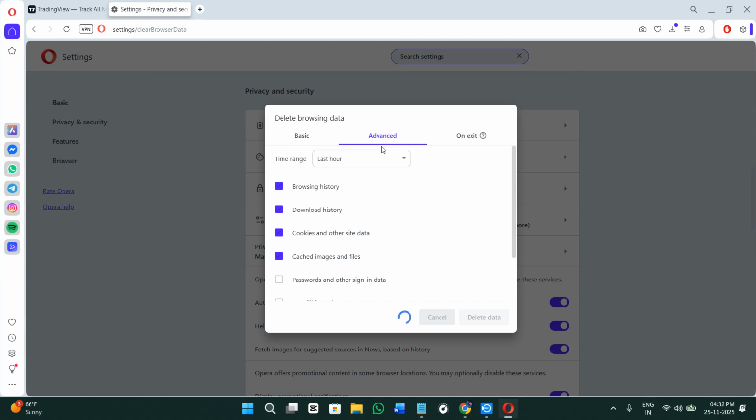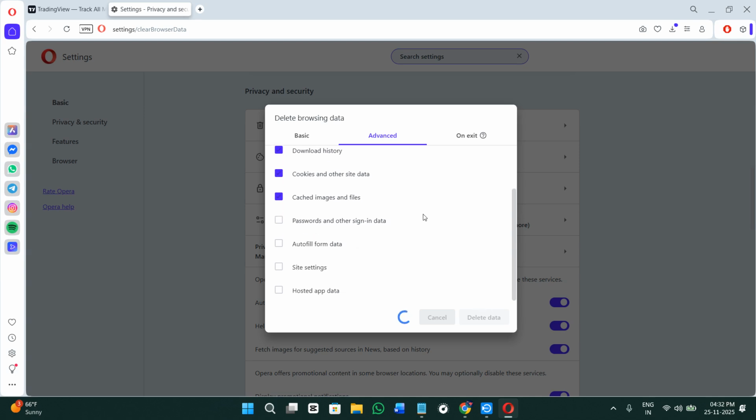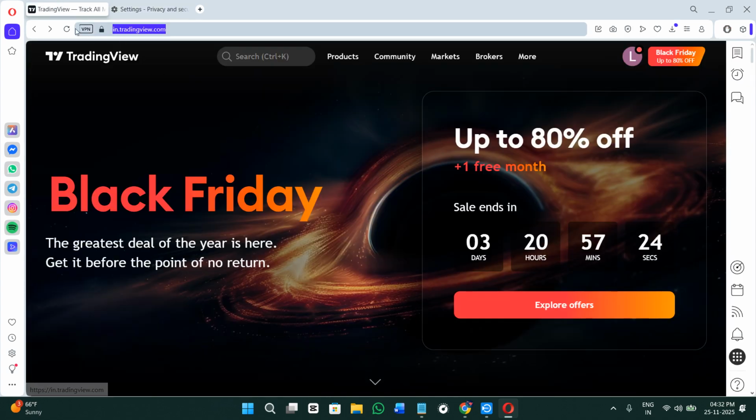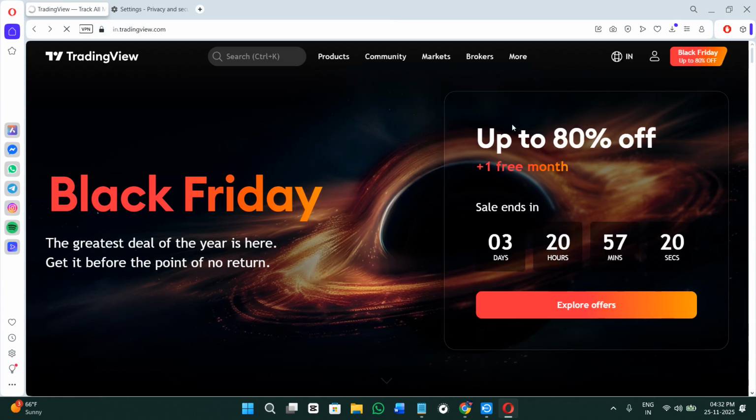Now simply go to the advanced tab and uncheck the browsing history, then uncheck the download history as well. You just have to enable the cookies and the cache files over here, and then delete the data from your web browser. After that, simply refresh TradingView in your web browser and see if it is working perfectly or not. If the site loads, it is well and good, but if it still freezes,